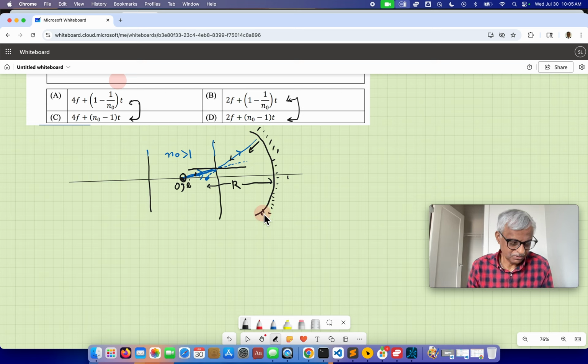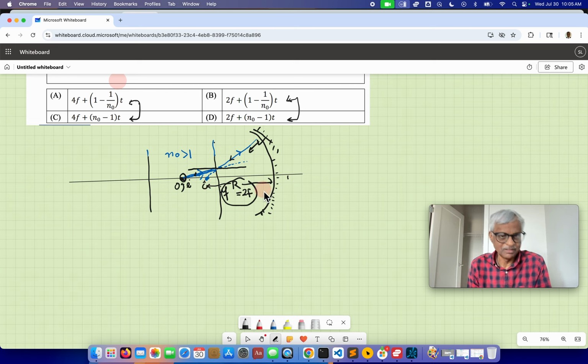If this is the radius of curvature, then we would expect this to be the case, right? And that should be equal to 2 times f. If this is the case, then I expect it to hit that at normal, and so this is supposed to be the center of this thing. Then it happens. Let's see, this is one image, so let's figure out